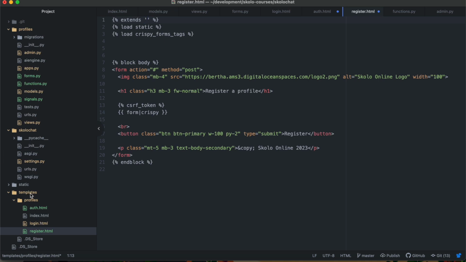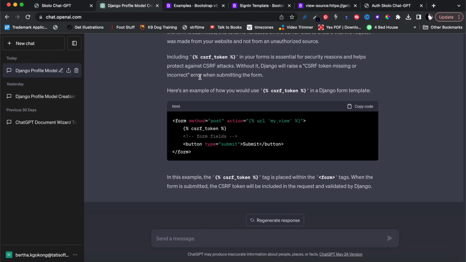So this is extending this template called auth, but you need to put the entire path of where the HTML is that it is extending. So it's inside of the profiles folder, and inside of the profiles folder it is called auth.html. And then I'm going to just ask ChatGPT,